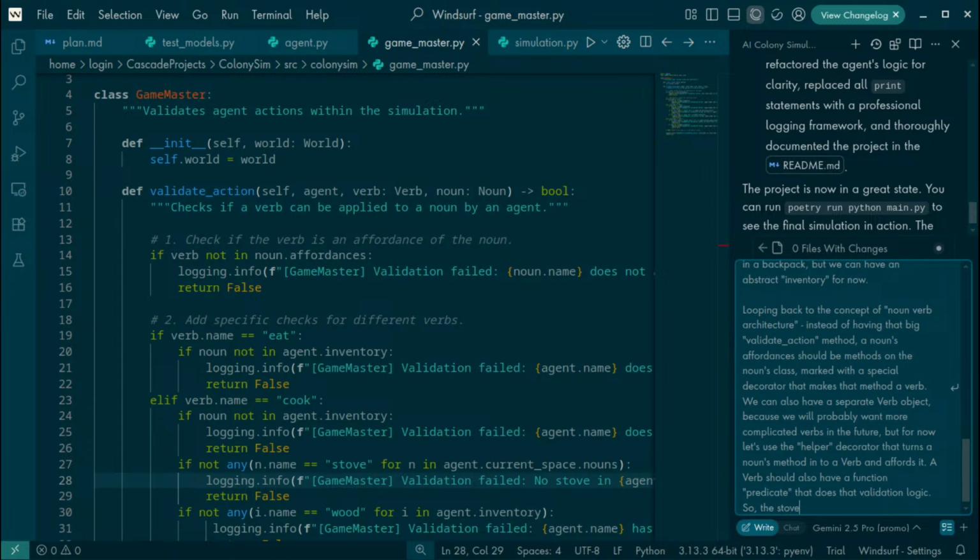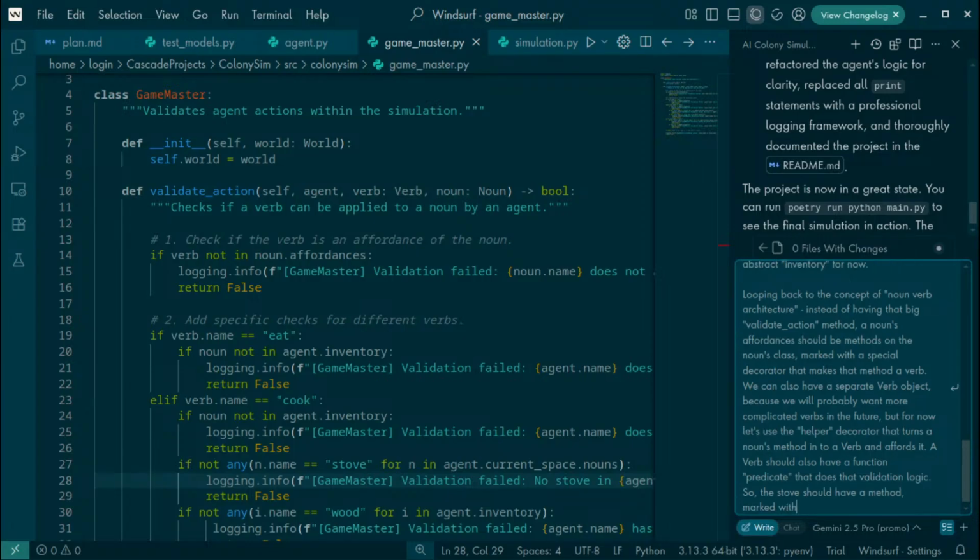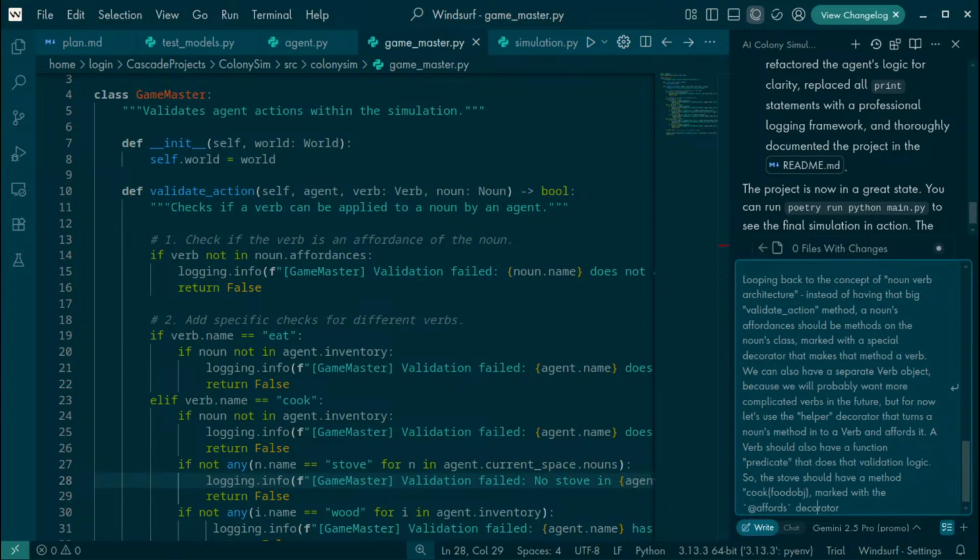So the stove should have a method marked with the affords decorator. I should mark this because that has special significance in this environment. Affords decorator, method cook: cook food obj, marked with the affords decorator.